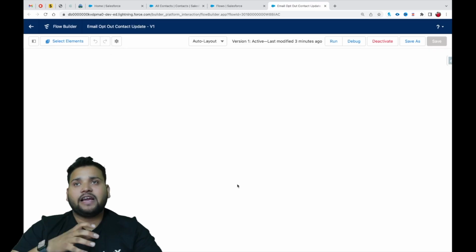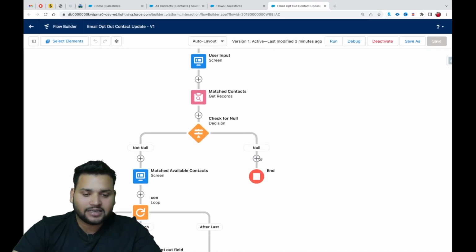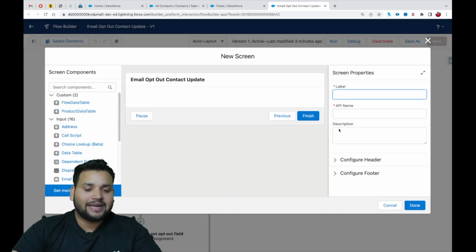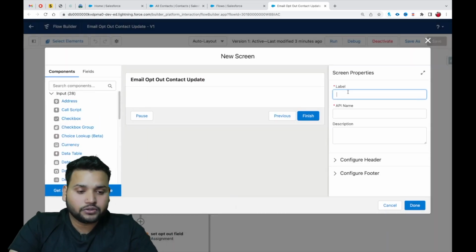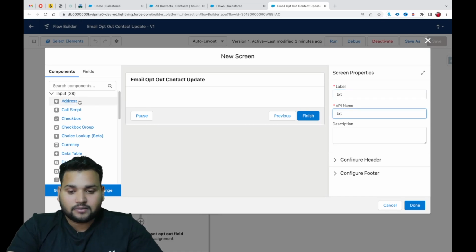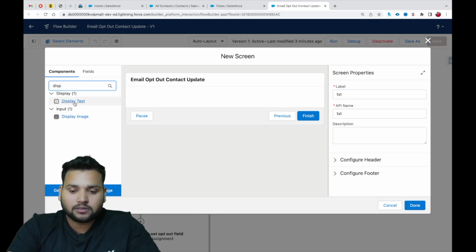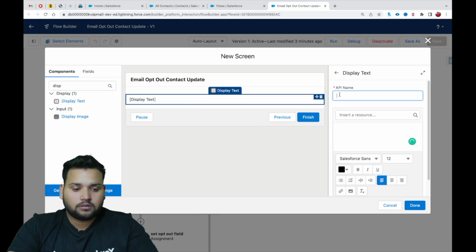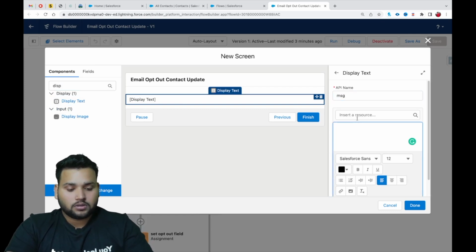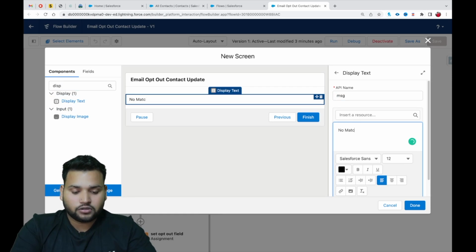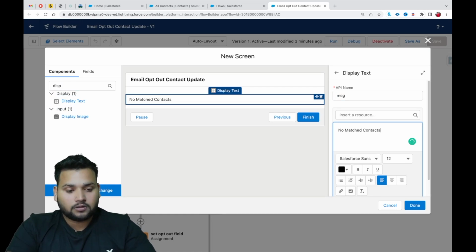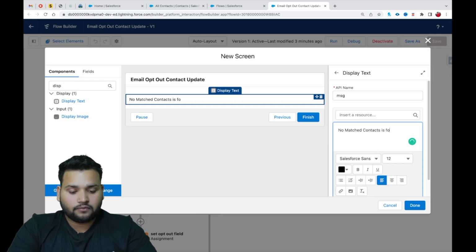What if we don't have any matched contact? For that scenario, I'm also going to provide a screen, and here let's say a text, in which I'm going to display a text message: no matched contact is found under this, or